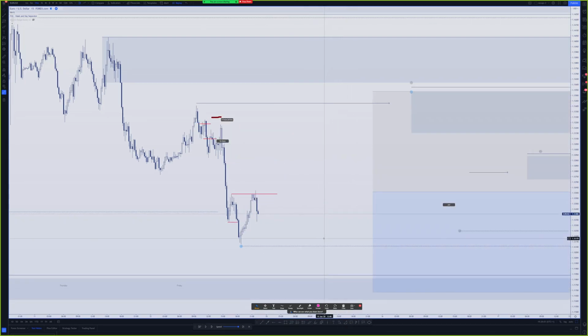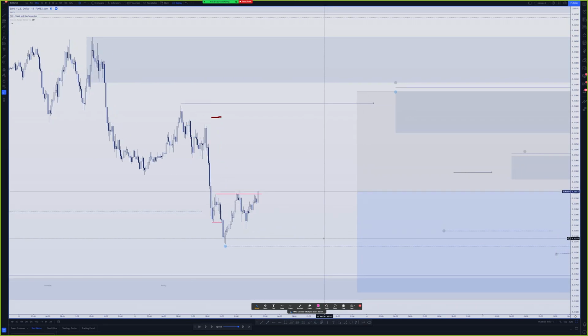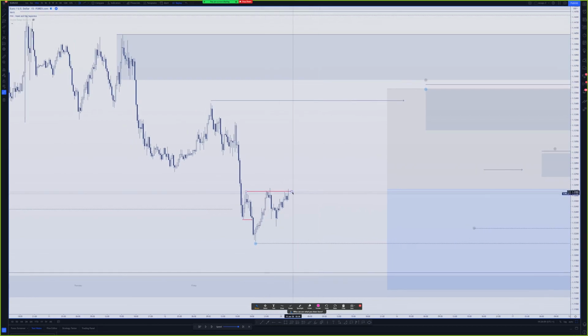So let's see. We kind of wick the high, but do you guys see how we got a change of character here? This is still a 15-minute change of character to me. We took the low, we took the high, and look, we pulled back into something that we can potentially long. A POI in discount of this leg, and we're also in discount of our overall larger leg too. So again, from an intraday perspective,